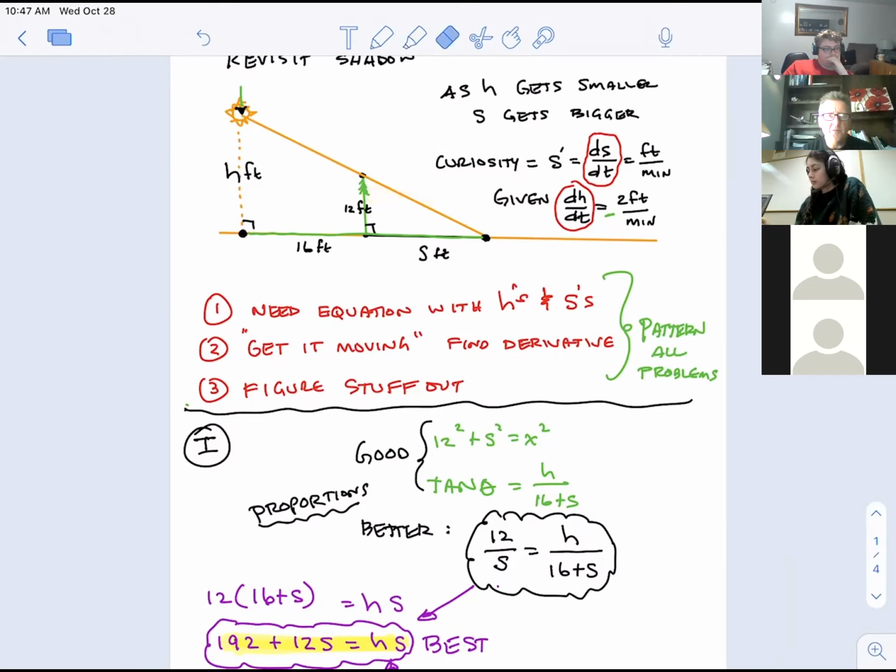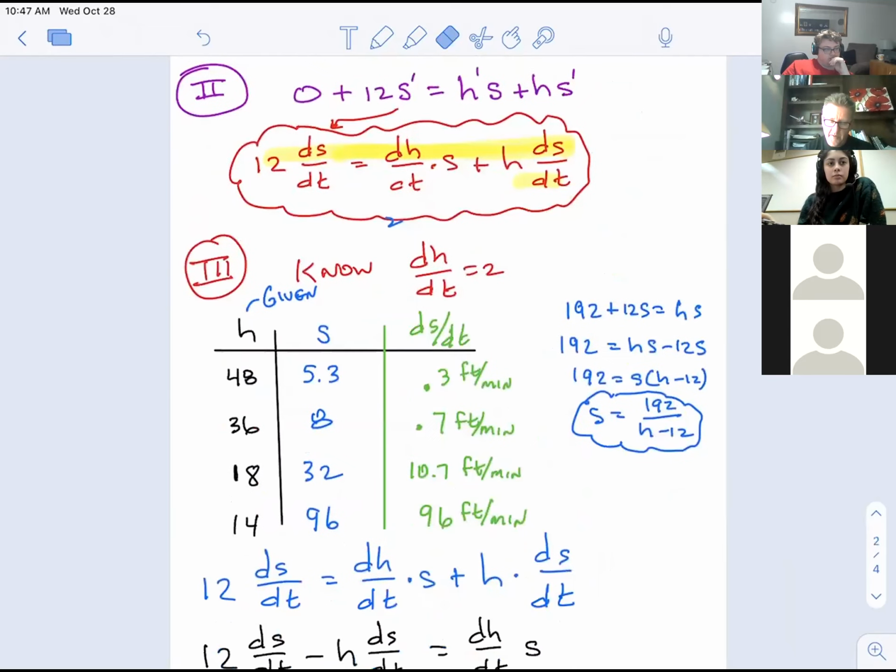And they'll just give you one scenario. I did 4, but they'll just say, given dh/dt is -2 feet per minute, or maybe they won't tell you it's negative and you've got to figure it out yourself. If something's getting bigger, it's positive. If it's getting smaller, then it's negative. And then they'll give you one other piece of information, like, what is the speed of the shadow when the height is at 36? And so maybe they'll just be giving you this question right here: when the sun is 36 feet in the air, how fast is the shadow moving? And you'll say 0.7, and you won't have any context of whether that is fast or slow, or why it is so slow.